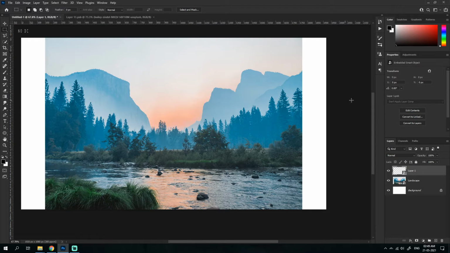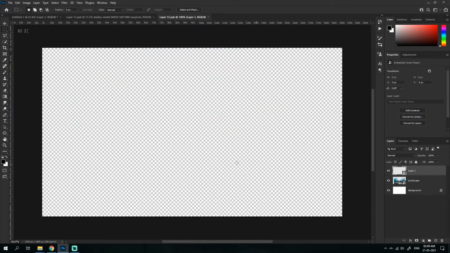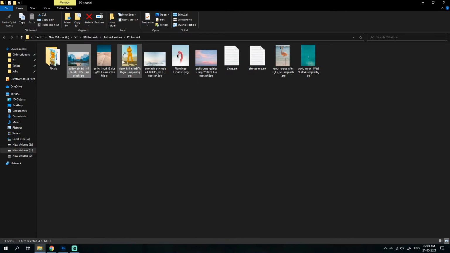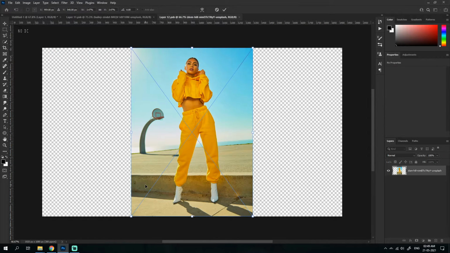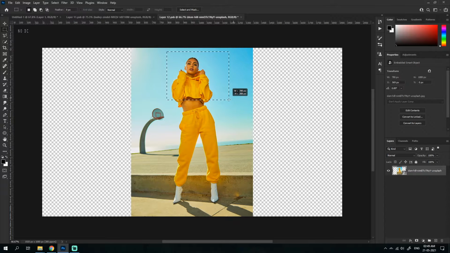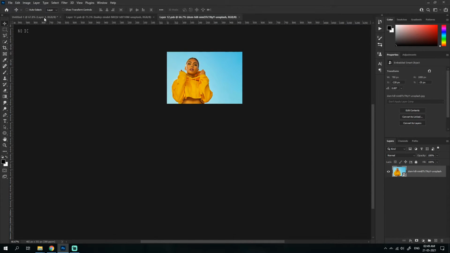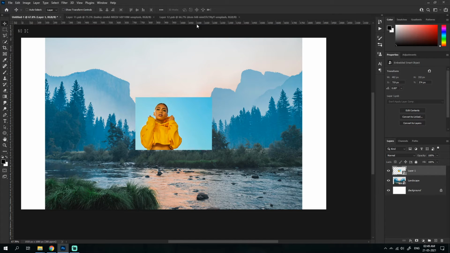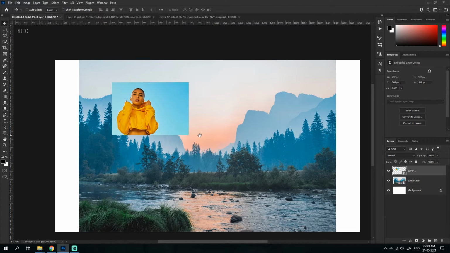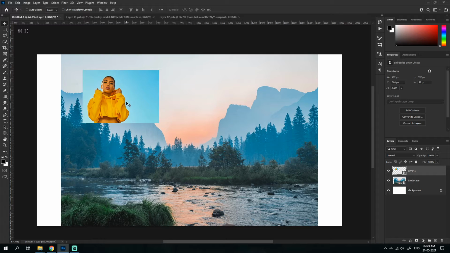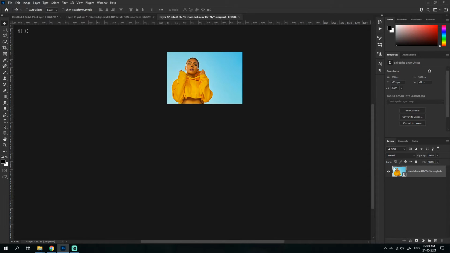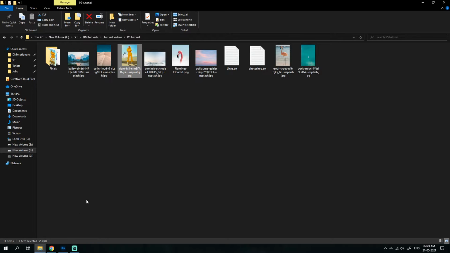I'll convert it to a smart object, double click on it, add her face. Let's just crop it like this. I'll save it, and now we have that image in a crop area. And let's say I like this one in this fashion, but I want to change the person in it. It's easier to do by just going into that smart object.